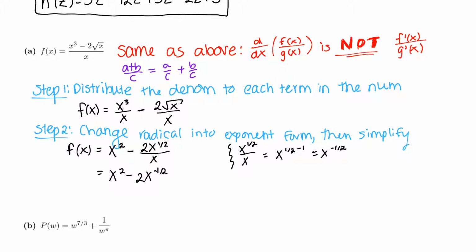The 2 stays up top. x to the negative 1/2. And we're going to leave it as an exponent. So now we're okay to go to step 3, differentiate. So now I'm going to write f prime of x because I'm taking the derivative. So I have 2x, taking the exponent down, subtract 1 from the exponent,